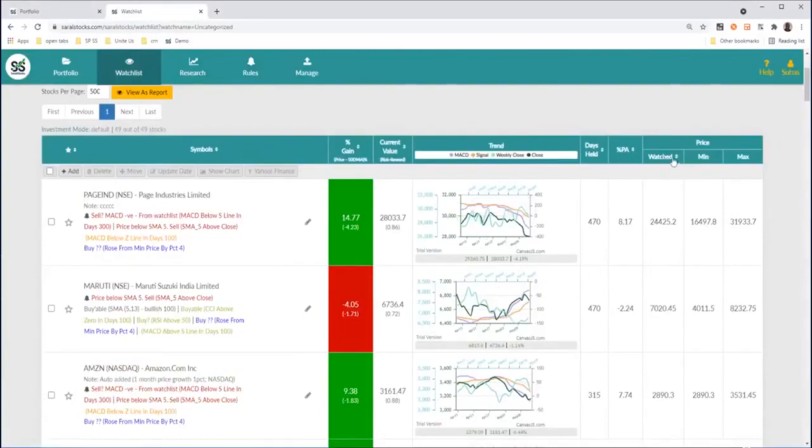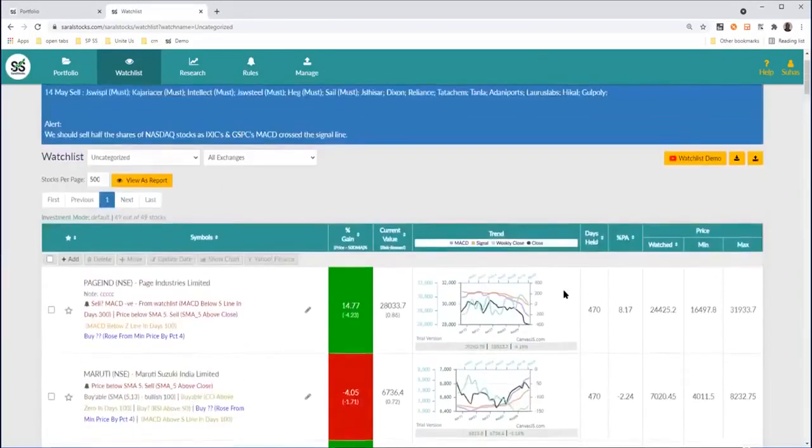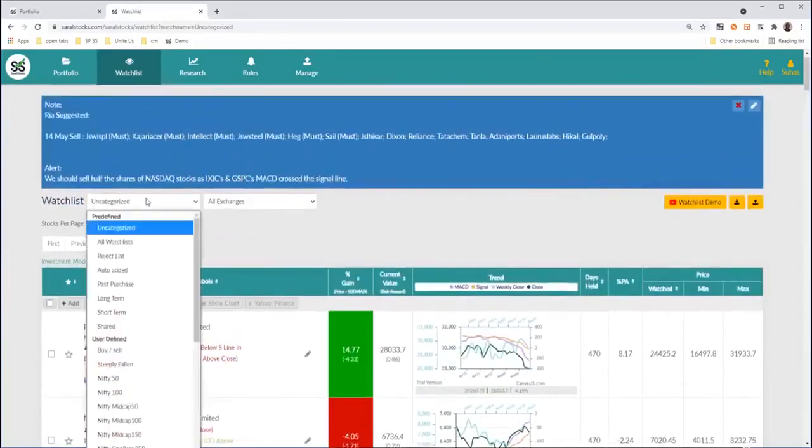You have the rules that trigger the alerts here, and then the chart similar to what you see in portfolio page. This shows what price you started watching the stock at, what is the current price, and what is the maximum price of that stock while you're watching it, its percent annual growth, and a similar measure that you saw in portfolio page. The user can use built-in watch lists and also create their own.